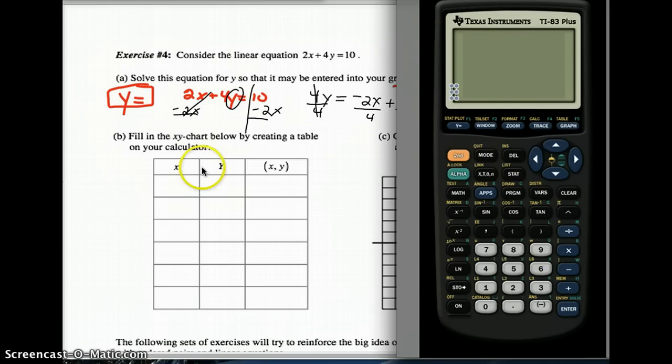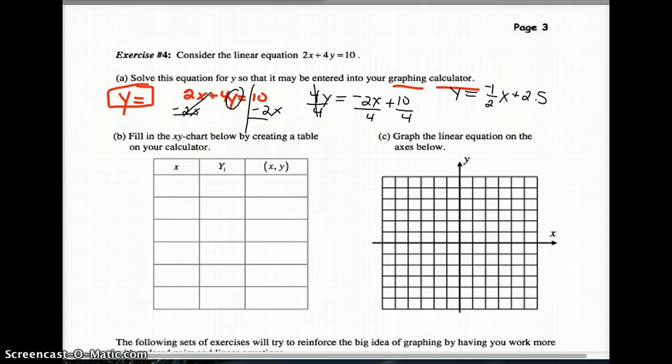So zoom 6 is the key that you really want to hit when you're graphing, not just graph. Okay, what we really want to do here though is we want to fill in a table of values. So we want a table. So you see where it says graph? If you hit second graph, you're going to get a table. And the table should look something like this with the x and the y. And what you're going to want to do is use your arrow keys to scroll up and down in the X column. So you have to be in the X column, use your arrow keys, and we're going to start at -2,